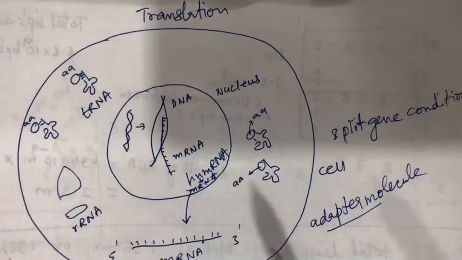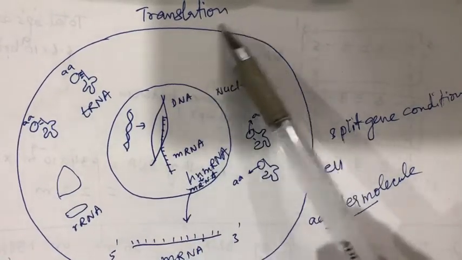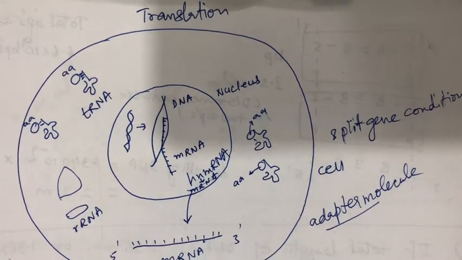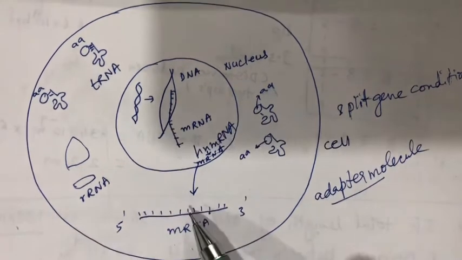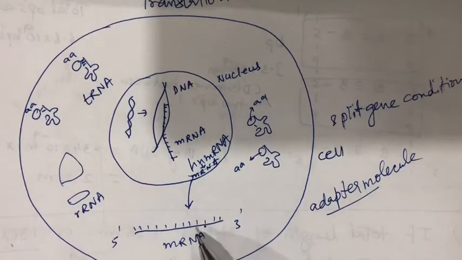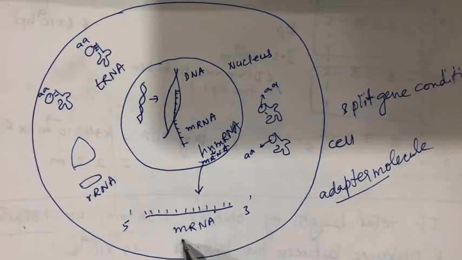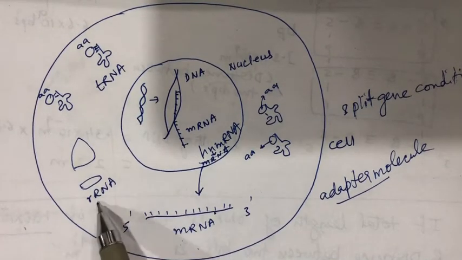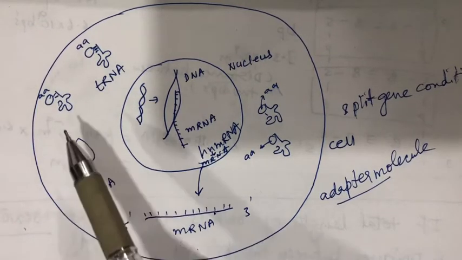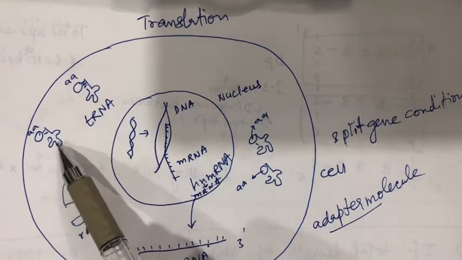So now let's start with the next process of gene expression. This is called translation. Now what is translation? Translation means that on this decoded mRNA, protein synthesis has to occur. For this there is the decoded message from the DNA, called messenger RNA. Then what else is required is a machinery called the rRNA with a smaller and larger subunit, and also the charged tRNAs.